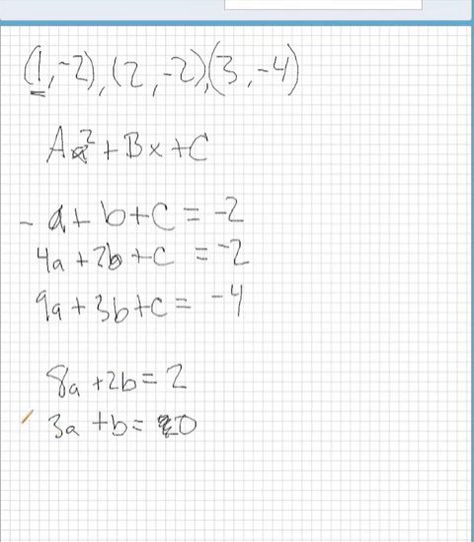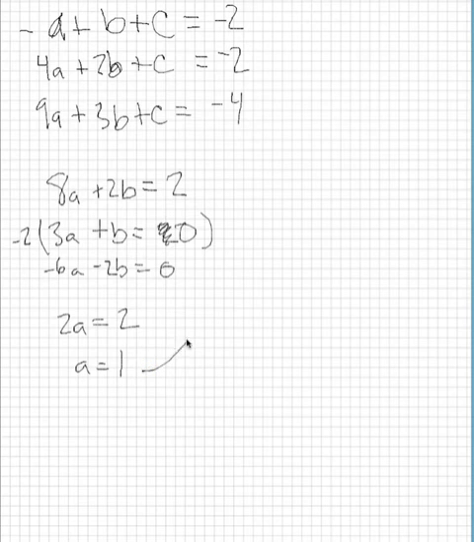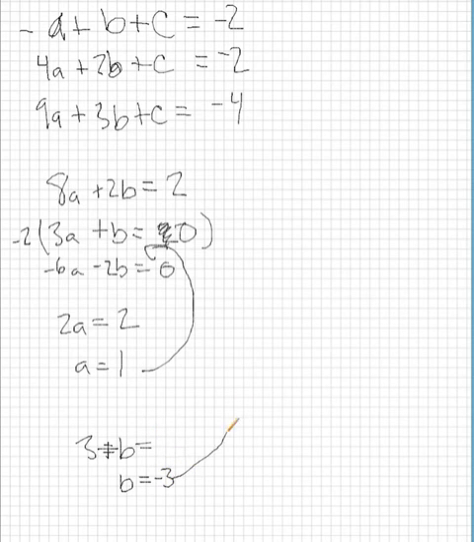So I'm going to multiply this bottom row by 2. What we get is -6a, -2b equals 0. So 2a plus 0b equals 2. So a equals 1. All right, I'm going to plug that back into this equation right here. If a equals 1, then we have 3 plus b equals 0. So b equals -3,